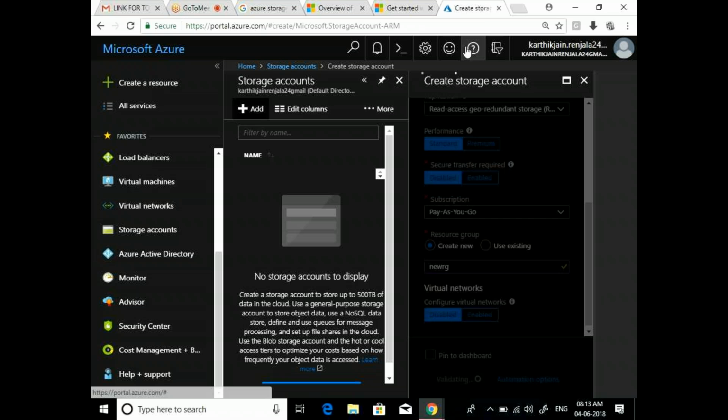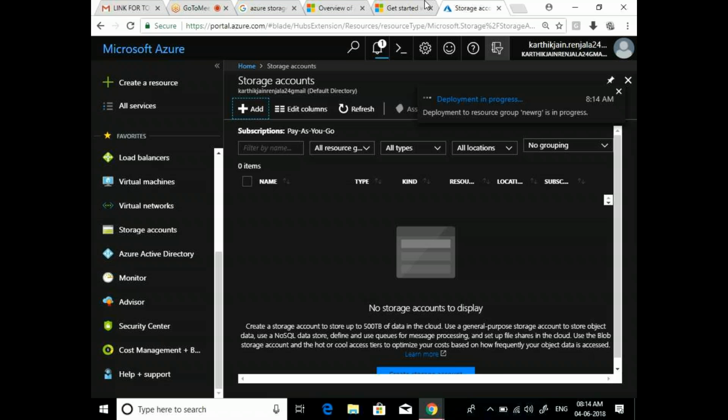Once the storage account is ready, you can see the tables and queues features in the storage account. So first, write the definition. What is an Azure storage table?